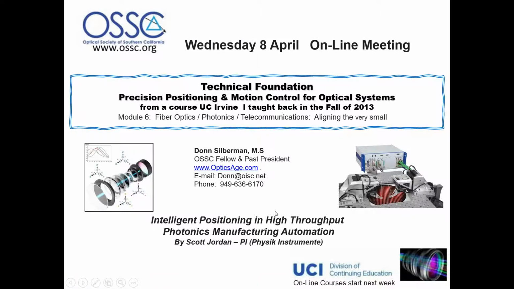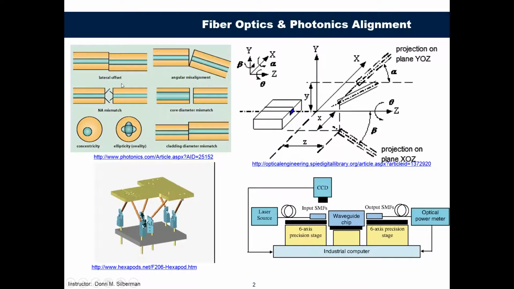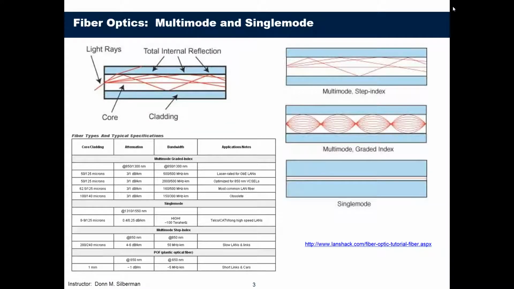So here we go. Okay, so basically I'm going to go into 4 different sections: fiber optic alignment and misalignment, things like laser diode alignment to fiber optics, what is 6 degrees of positioning in some systems, and then what does a whole system look like where you have a laser diode, single mode fiber connecting to a chip, output of a single mode fiber, 6 degrees of axis positioning, and CCD camera. So all these slides are available if you want them. We'll have them on so you can just follow up on the fundamentals. So basically,